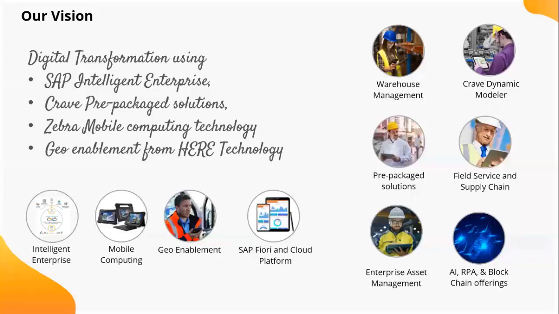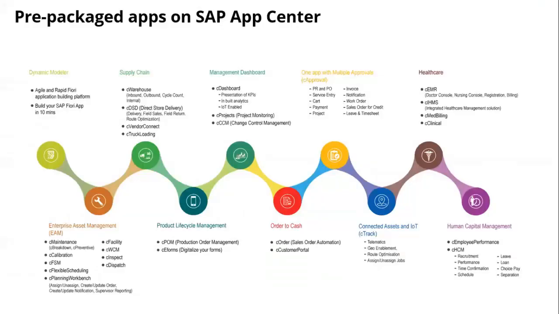If you look at the right hand side on my screen, these are our business verticals. Warehouse management is one of our focus areas. Pre-packaged solutions in various functionalities of the organization. Enterprise asset management, we'll talk more about that today, especially with the calibration. We also have a service vertical for SAP BTP, Business Transformation Technologies, in the AI RPS space mainly. Along with that, we also have dedicated verticals for field services and supply chain. So these are the business verticals of the organization.